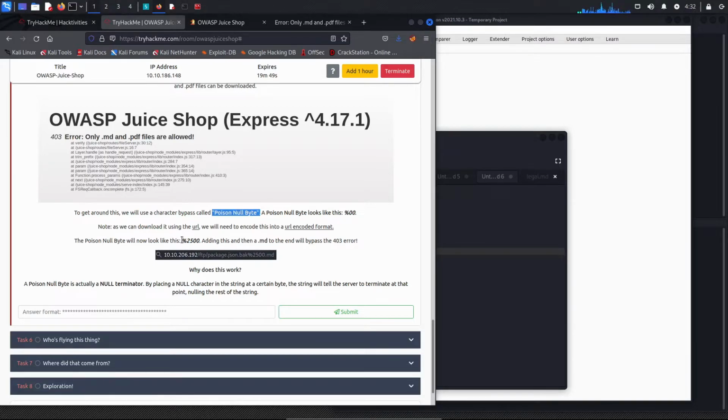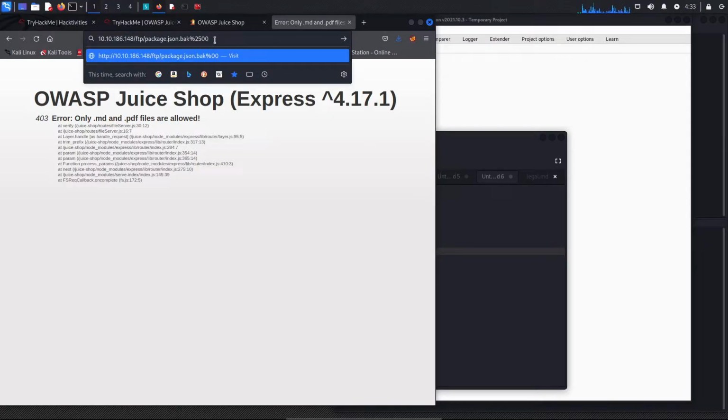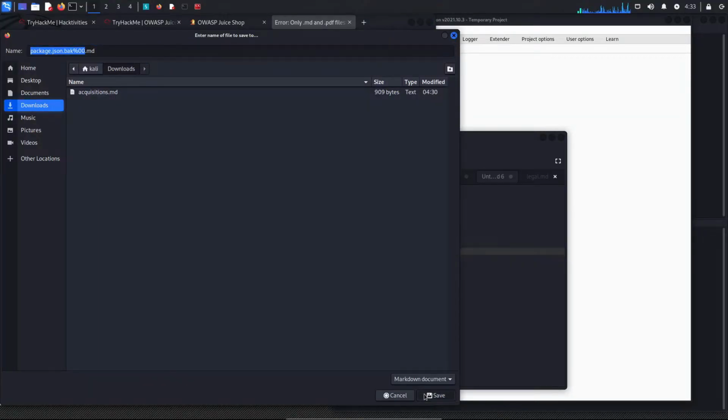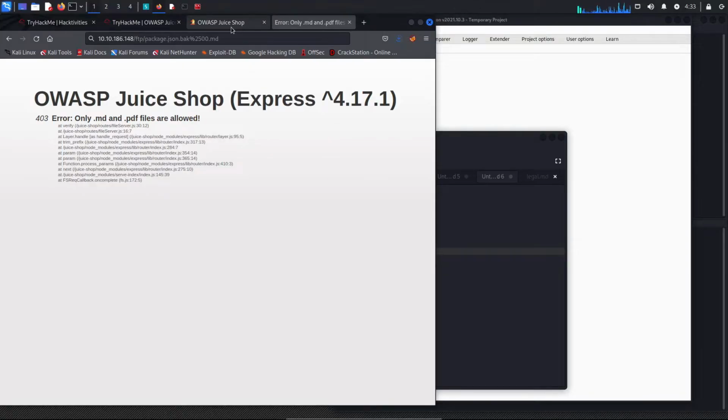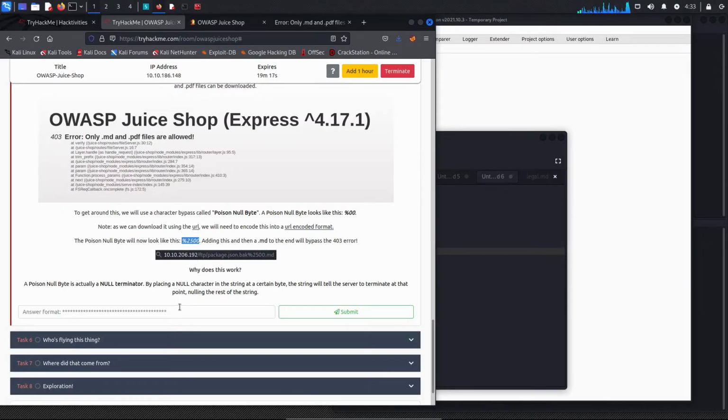We have just to add this null byte to our URL, and we're going to add .md at the end to bypass this error. So I'm going to do this .md and download the file. I'm just going to save it, and that should give us the flag as well. And error handling, I believe that's this one, backup. I'm going to copy and paste this. Okay, that's great.